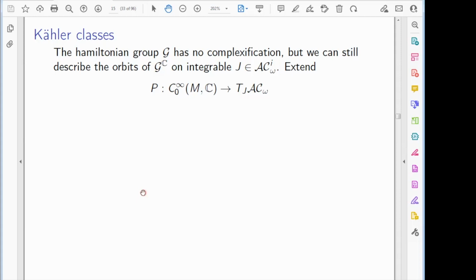All of these almost complex structures lie in the space of almost complex structures. You consider just the connected piece that you can get like this. And if you quotient out by the symplectomorphism group, then this space is